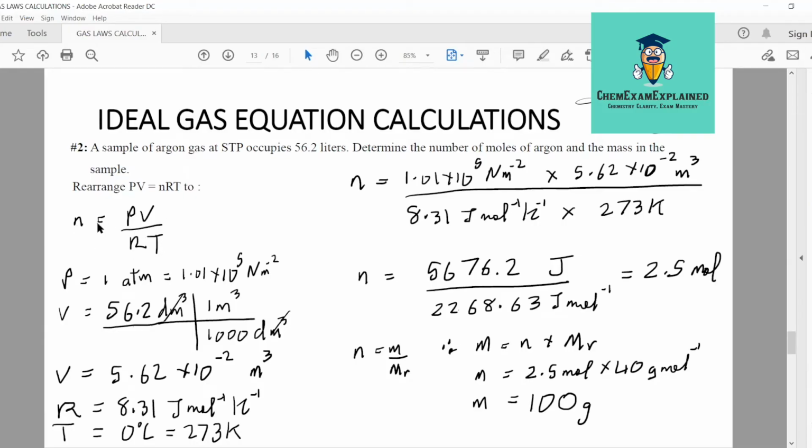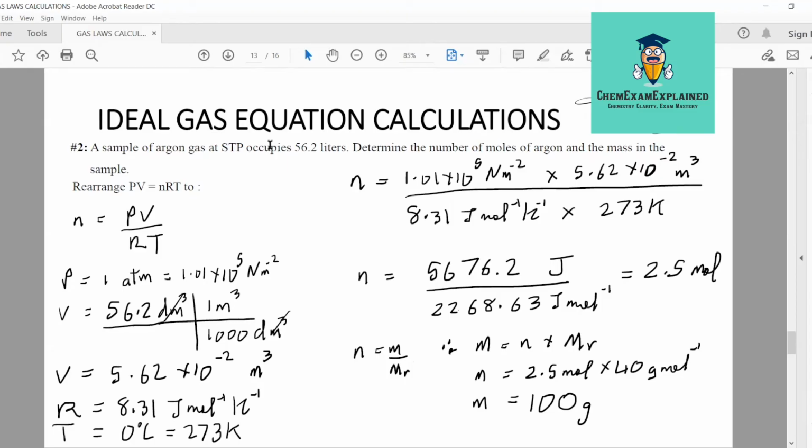Once I find moles, because the question wants to determine the mass, I could now use mole equal mass over molar mass to find the mass. So I'm using the calculated mole and the formula mole equal mass over molar mass to find the mass. I'm using my pressure. The pressure given